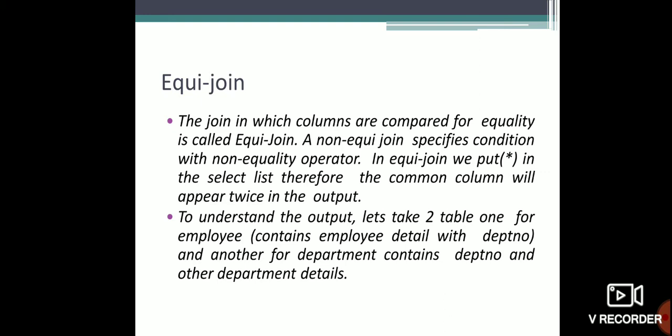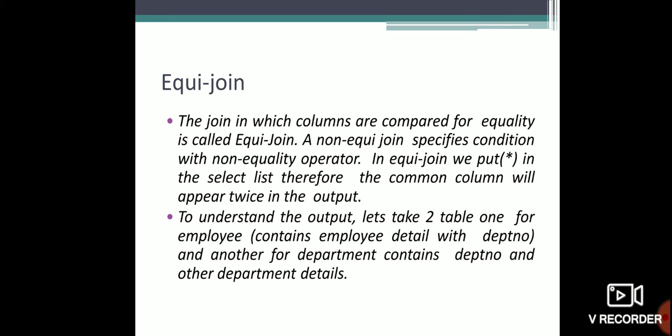To understand the output, let's take two tables. One is the employee table with the department number, and another is the department table containing the department number and other department details. You can see one thing: whenever we join tables, at least one column should be identical, common in both the tables.